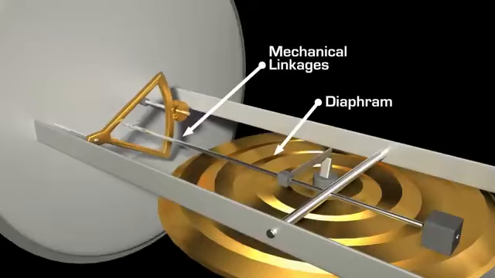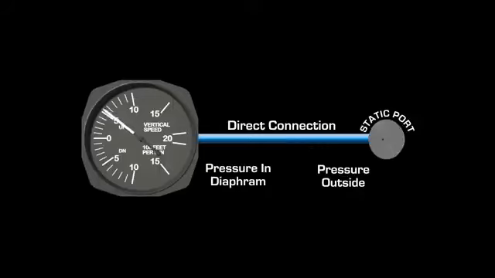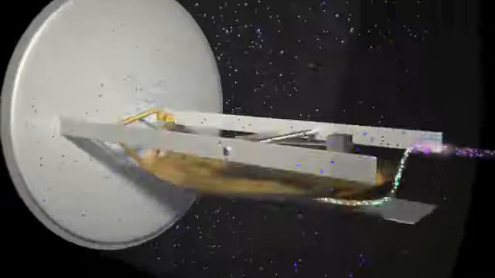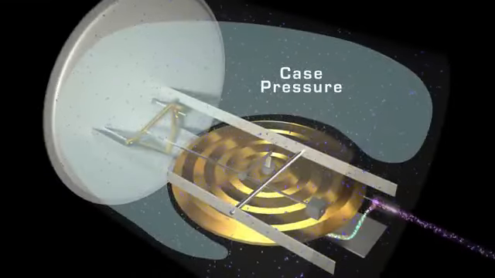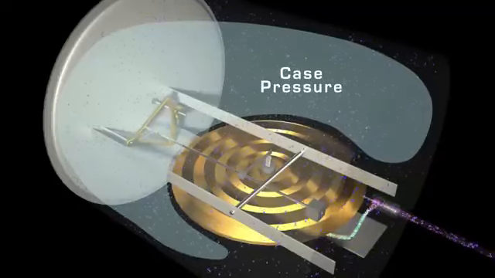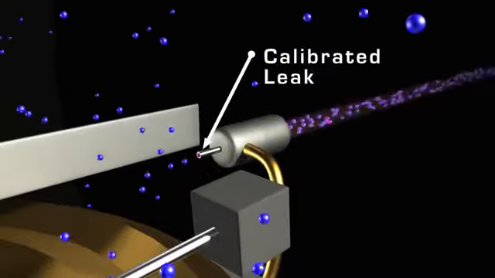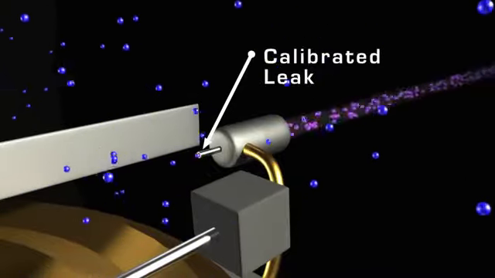of the instrument. The diaphragm has a direct connection to the static port, meaning that the pressure inside of it matches the current atmospheric pressure from the outside. The case of the instrument is also filled with static pressure, but the connection between the case and the static port is constricted by what is called a calibrated leak. This calibrated leak is nothing more than a tiny hole, which limits the rate at which the pressure of the